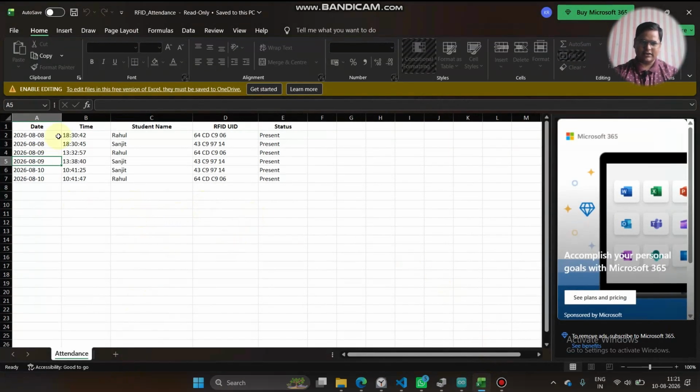As you can see here, on 8th of August Rahul was present, on 8th of August Sanjeet was present, right? So like this, two students' data you can see here, 8th, 9th and 10th of August, right? So they were present. Similarly, we can have the card for all the students. Whenever they come for the classes, they are going to tap and the attendance will be marked here in the